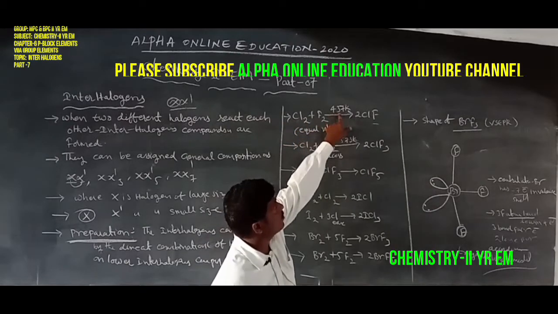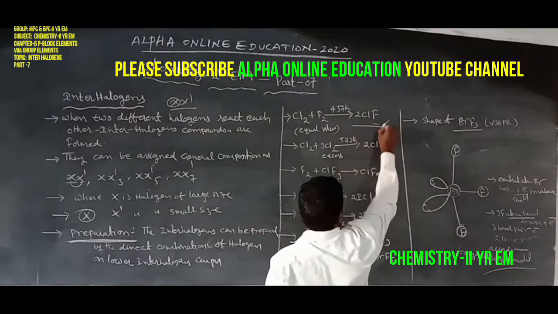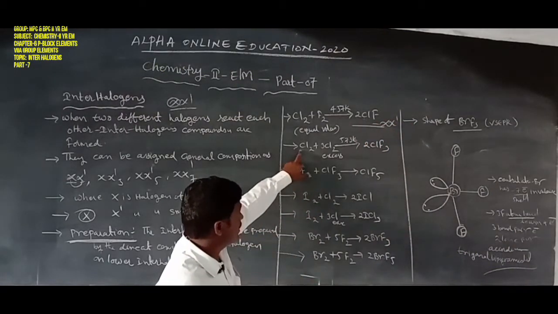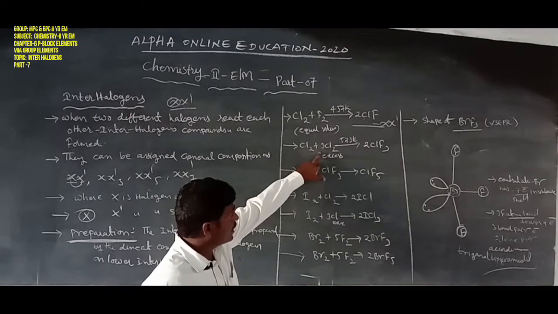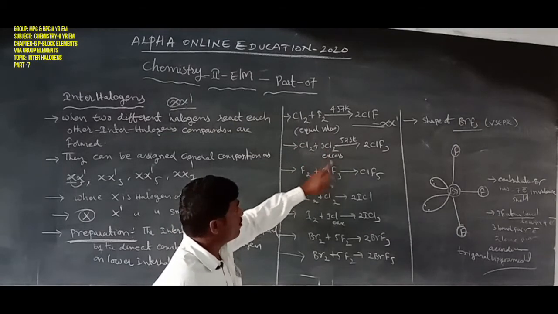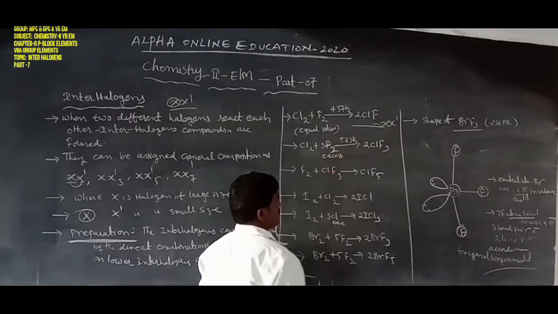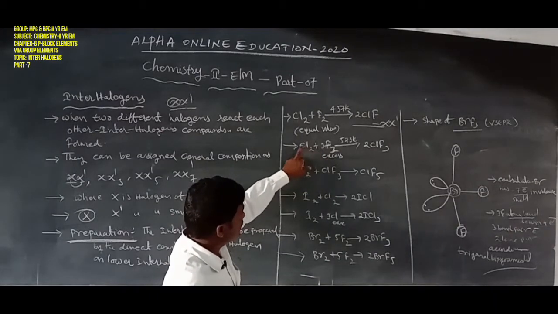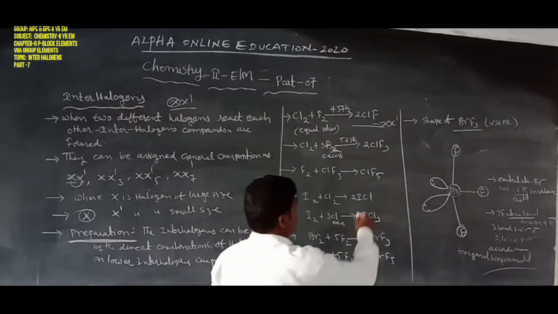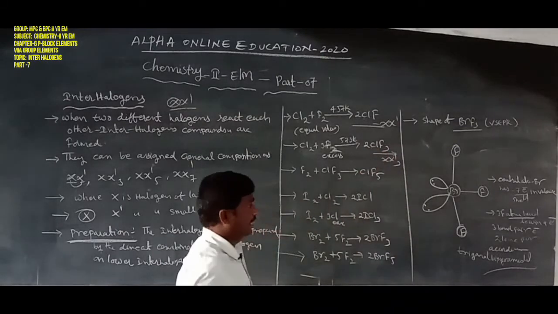They react with each other at 437 kelvins, then form XX-1, that is the type XX-1, it is ClF. Next, another one: Cl2 with excess of fluorine. Here 1 mole of chlorine combines with 3 moles of fluorine, the excess of fluorine, that is also known as ClF3. It is of the type XX-3, also known as an interhalogen compound.